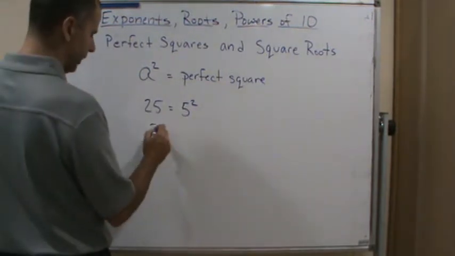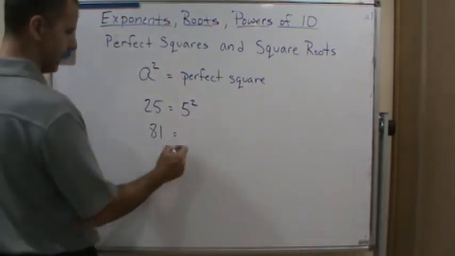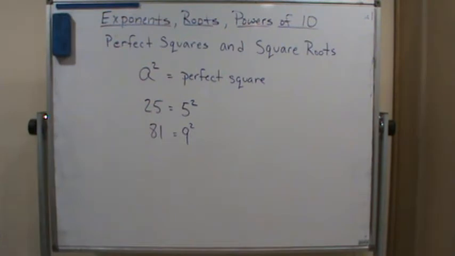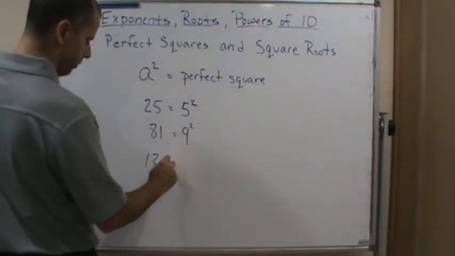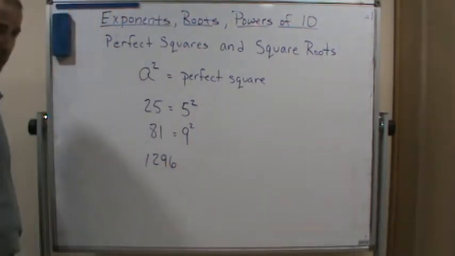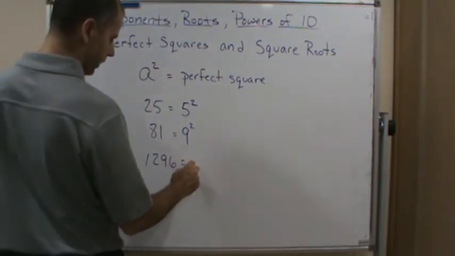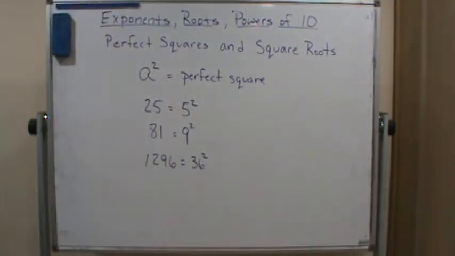Okay, what about 81? 81 is a perfect square because you can take 9 and square it and you get 81. What about 1,296? Is 1,296 a perfect square? Sure is. Because I could take 36 squared, and I'm going to get